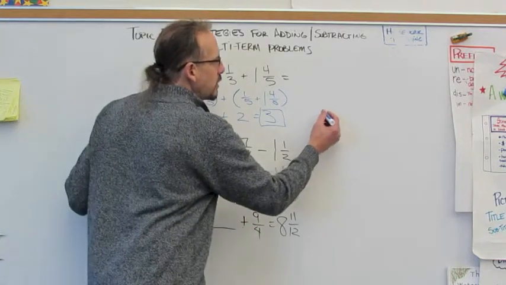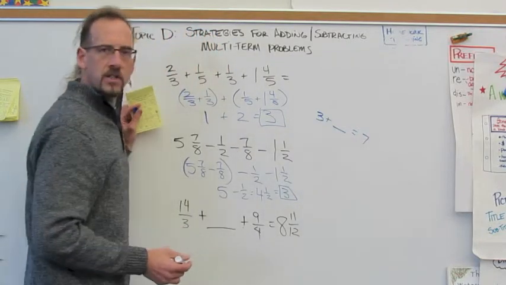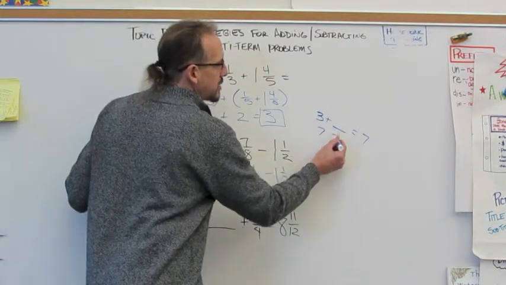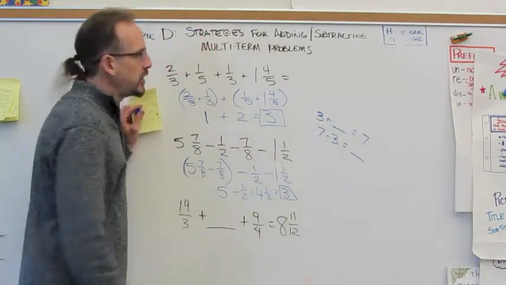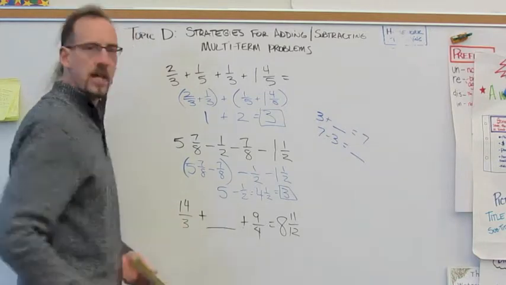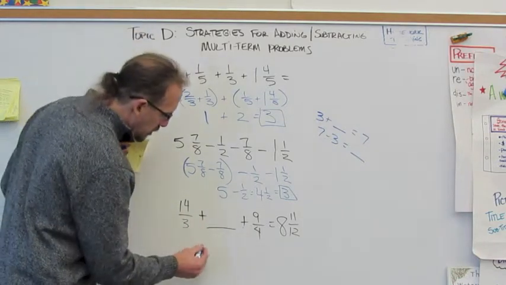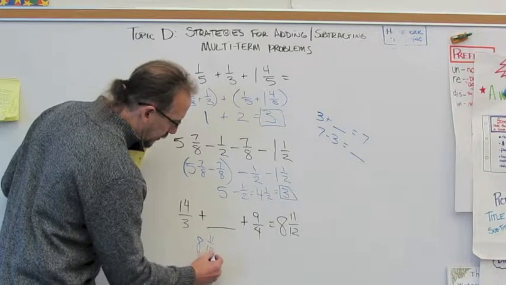In the same way that we do this, 3 plus what equals 7. One way that you might solve that is 7 minus 3 equals what? We do the opposite operation and we use the other numbers to find the fact family. We can do the same thing here. We can turn this around so it says 8 and 11/12